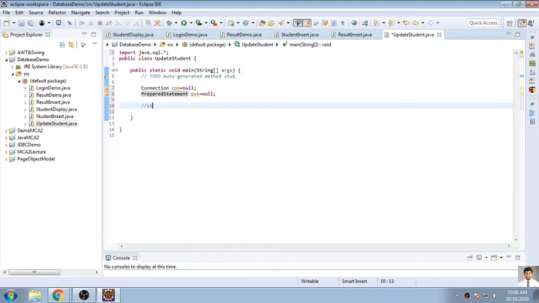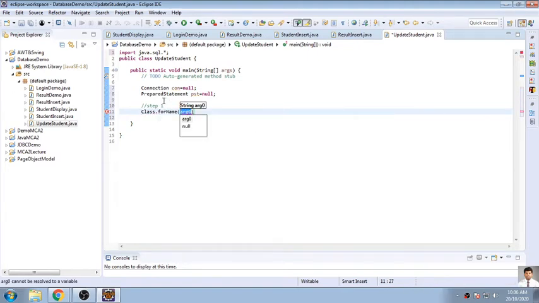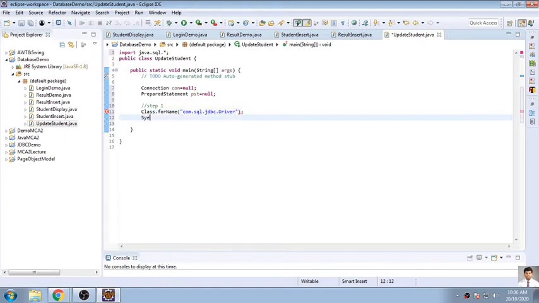So step number 1, I need to do the connectivity to the database. It is Class.forName, and for name I need to specify com.mysql.jdbc.Driver, with D in uppercase. That is required. You can add a system print for reference; you don't write it in the university paper. This is only for knowing whether the flow is working perfectly or not.